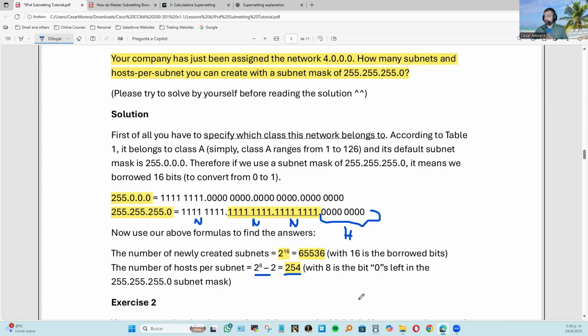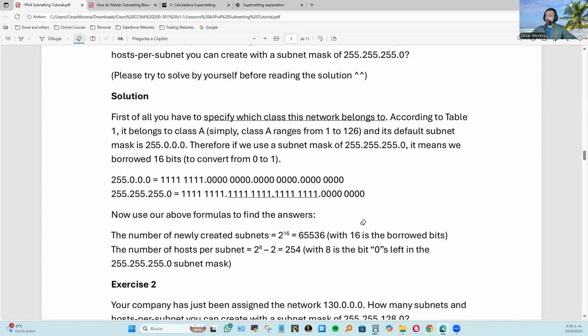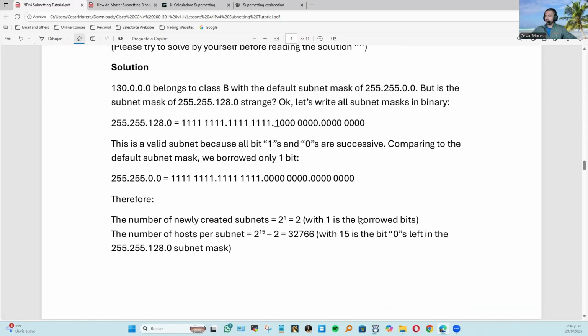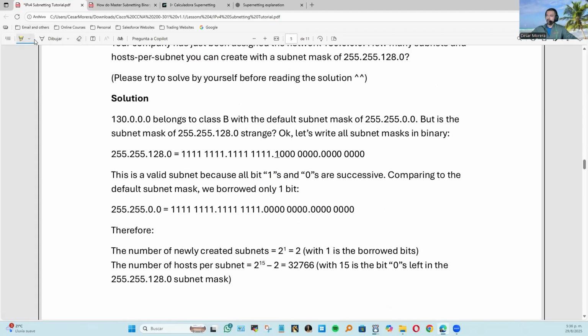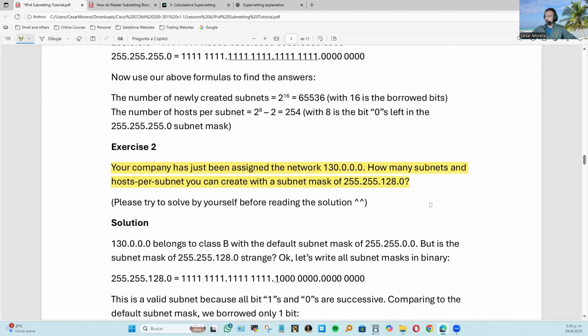Now it looks clear. Let's go ahead and erase those drawings and continue moving forward. Maybe we can look at another example and finally understand this better. Okay, this is the next problem. Let's go ahead and read. Let me highlight it. Your company has been assigned a network of